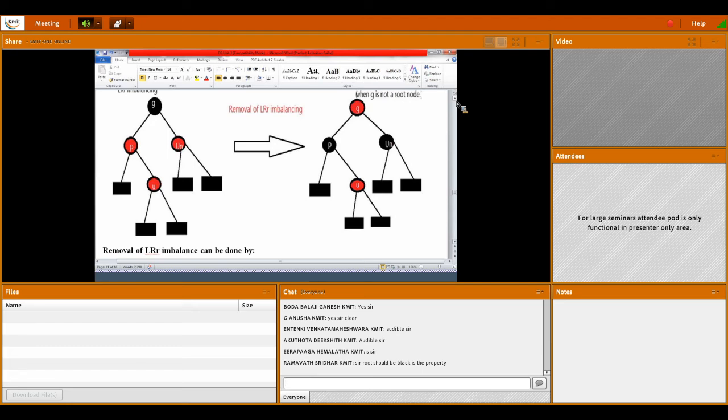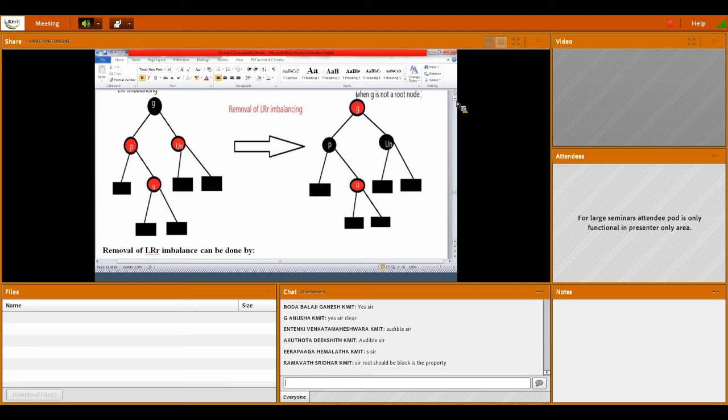If the node is inserted on the left side of the grand node's right node, then it is RL. If the new node is inserted and the uncle node is there, for example on the right side of the grandparent G, and you inserted on the right side of the UN, both are right, then it is called right imbalancing. So small r indicates recoloring.